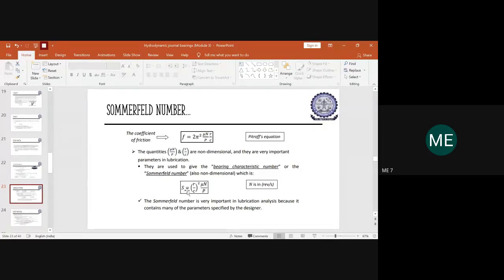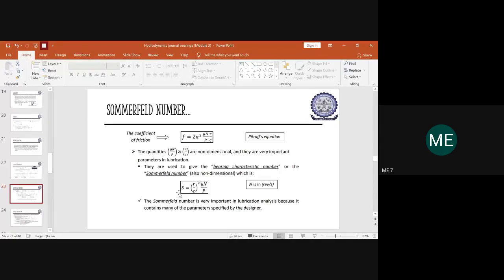So S will be equal to mu n upon P into (R by C) whole square. This equation will always give you the Sommerfeld number. If you substitute the values, which you will anyhow know, and calculate, it will yield the bearing characteristics number, because there will be